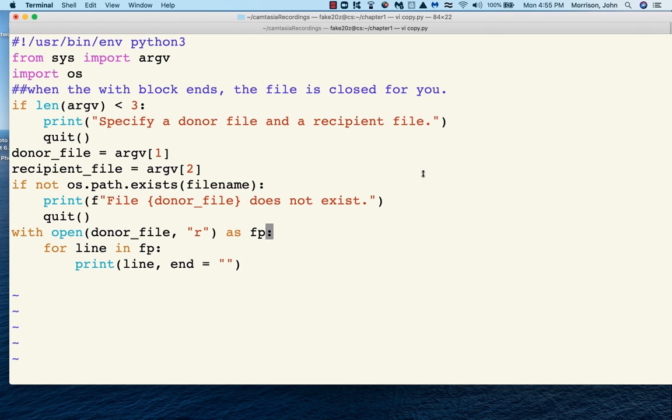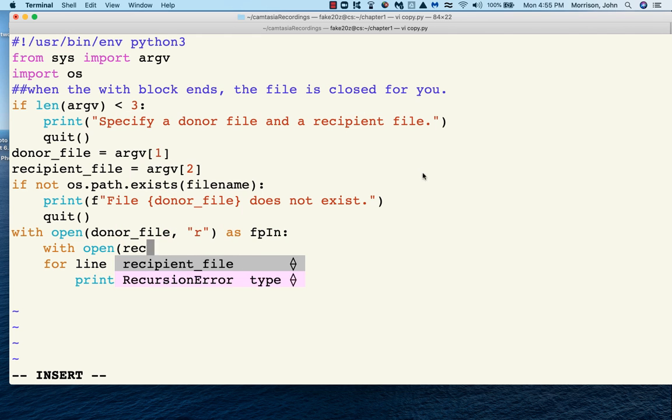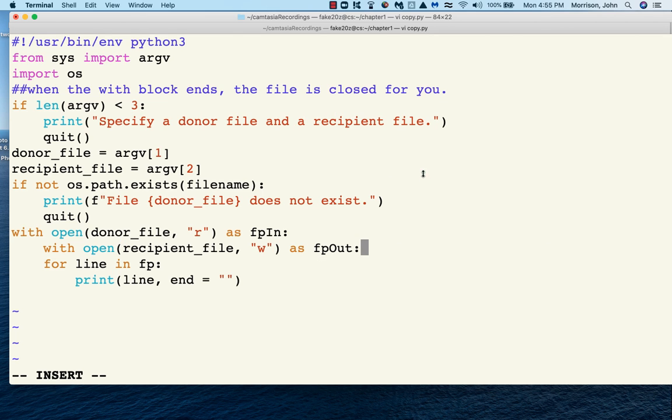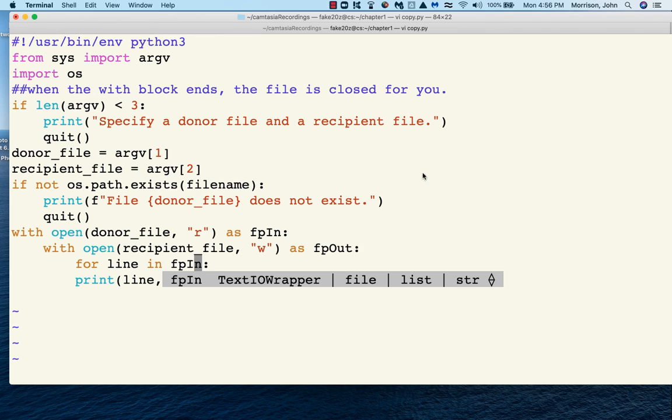So now, how are we going to do this? So here's what I'm going to do. I'm going to say, all right. And then I'm going to say inside here, okay. All right. So I have my input file, my output file. All right. So now let's go down to this line. And it needs to be tabbed in because we're inside of a with statement. And so for each line in the input file,